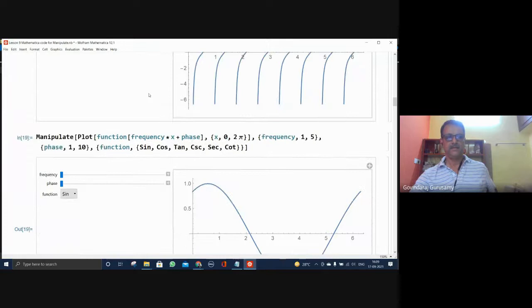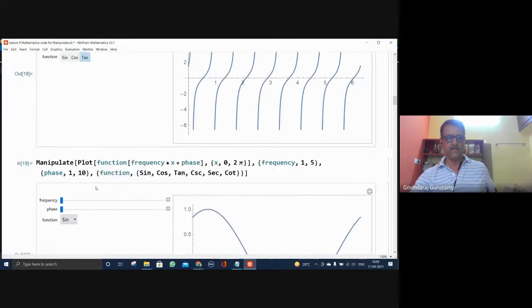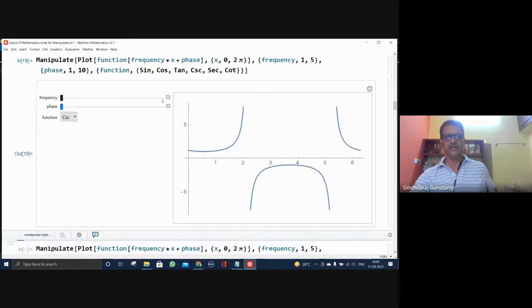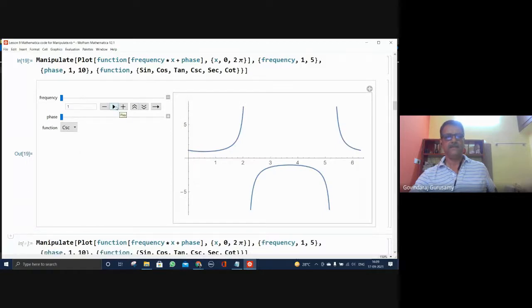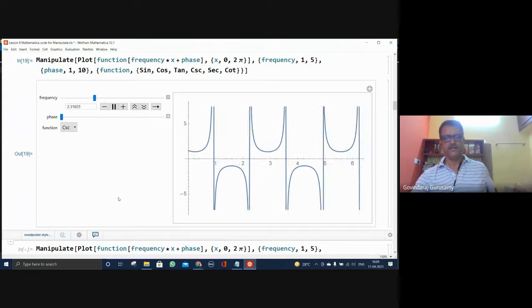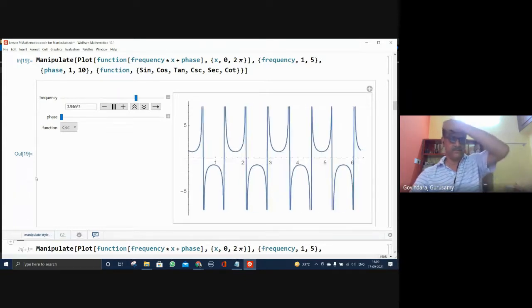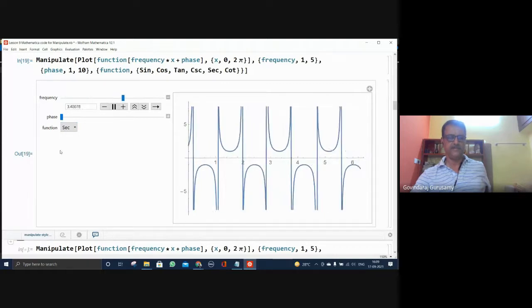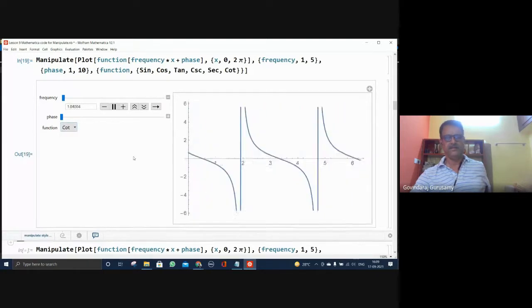So you can see nothing specific has been given, because when the number of things goes up, then instead of writing in this form, write it in this form where you can select the function. Click it over there and you will see it. So now you can select this secant function and animate it with the frequency, and this is what you have. And I can select now starting from secant.